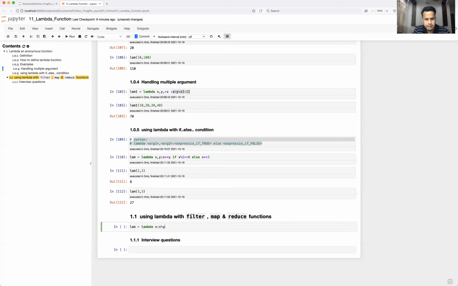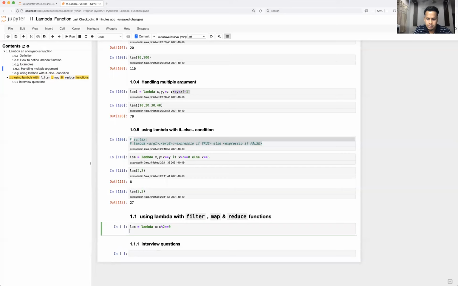Okay, I think this should be okay. It takes only one single argument, and it is going to return those values where modulo 2 equal to 0. Now I'm going to define one sequence. Let's say the sequence is range up to 10.